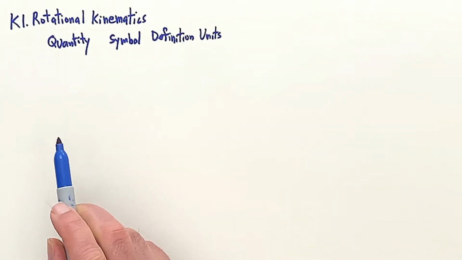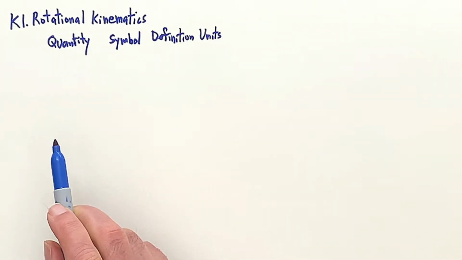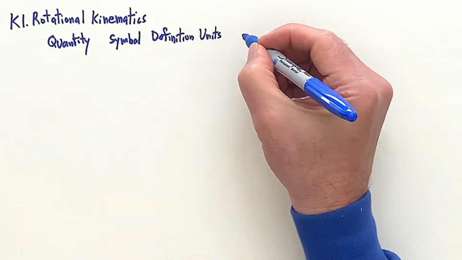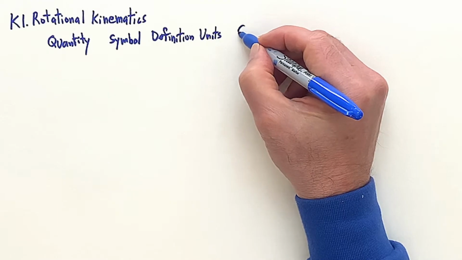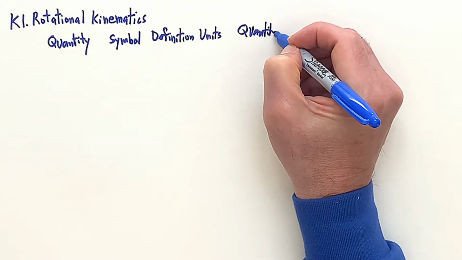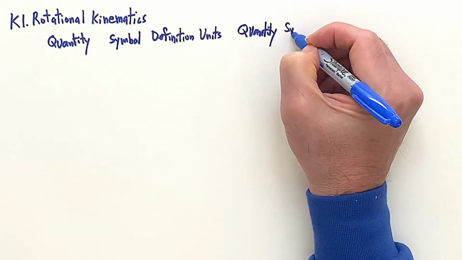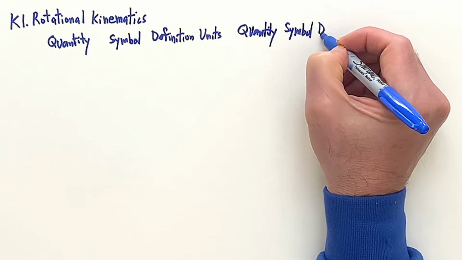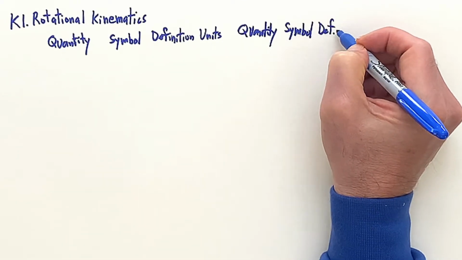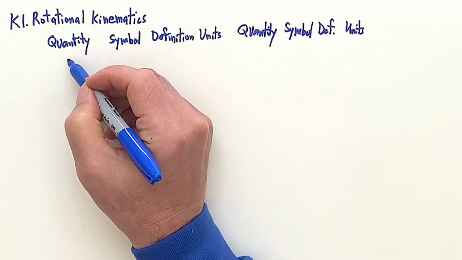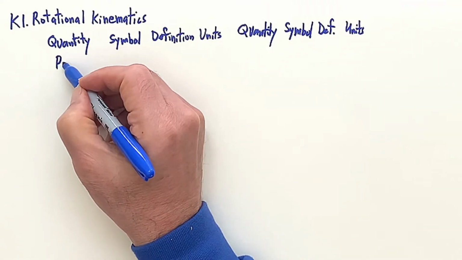We're going to make a corresponding list over here: quantity, symbol, definition, and units. So we start out here with position,